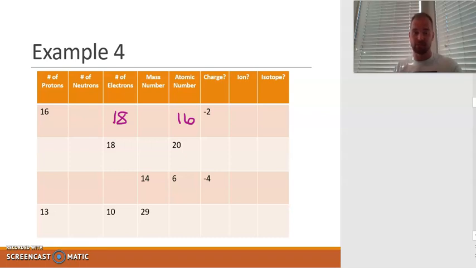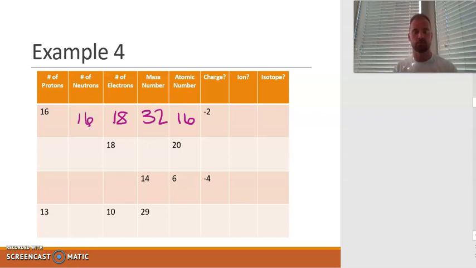Well, it doesn't give me a mass number, and I can't figure it out any other way, so I have to look at the periodic table to figure out what element I'm looking at and assume that I'm looking at a typical element of this particular substance. So what element is 16 protons? That's going to be sulfur. And if I take a look at sulfur's average atomic mass on the periodic table, it looks like the mass of a sulfur atom is on average 32.07. I'm going to round that to 32 because remember the mass number always has to be a whole number. So if that's the mass number and the number of protons is 16, 32 minus 16 gives me 16 neutrons